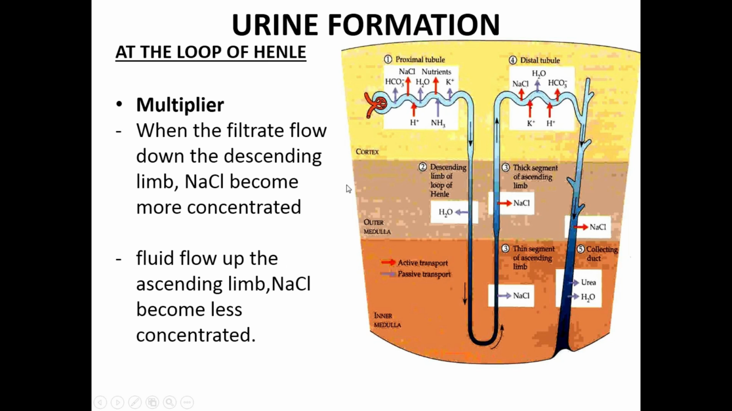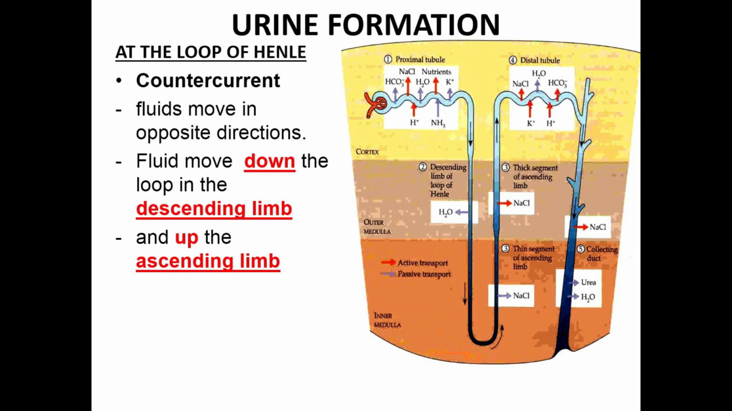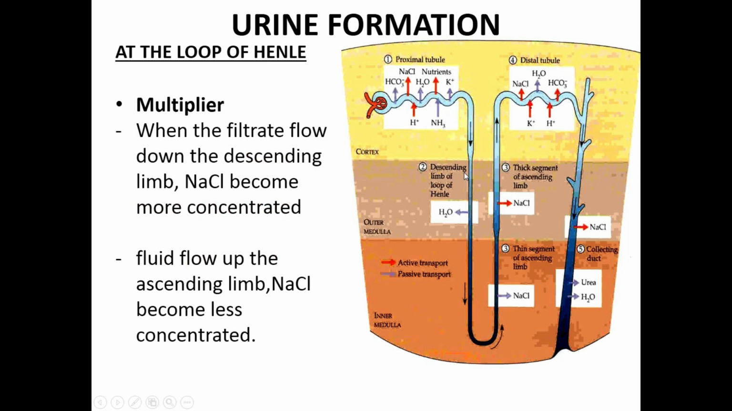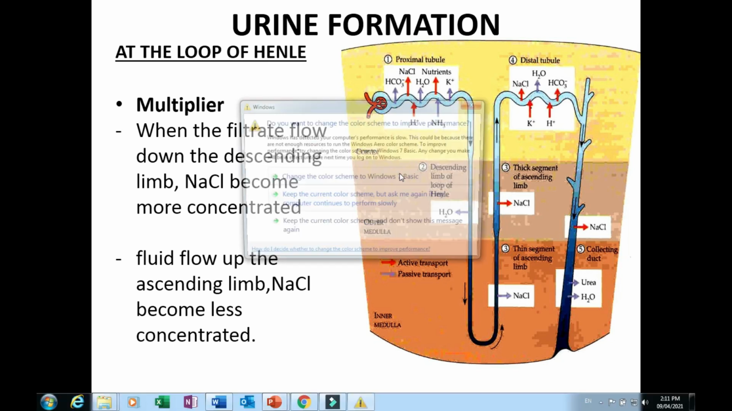So daripada awal lah. Countercurrent multiplier. Okay. Filtrate will move down in the descending limb. Filtrate will move up in the ascending limb. Multiplier means that when the filtrate flows down the descending limb, the sodium chloride becomes concentrated. When the filtrate flows up, sodium chloride becomes less concentrated. Why? Because of the descending limb